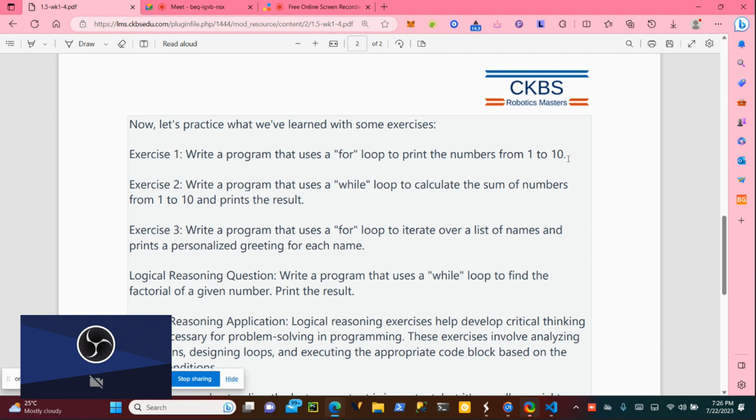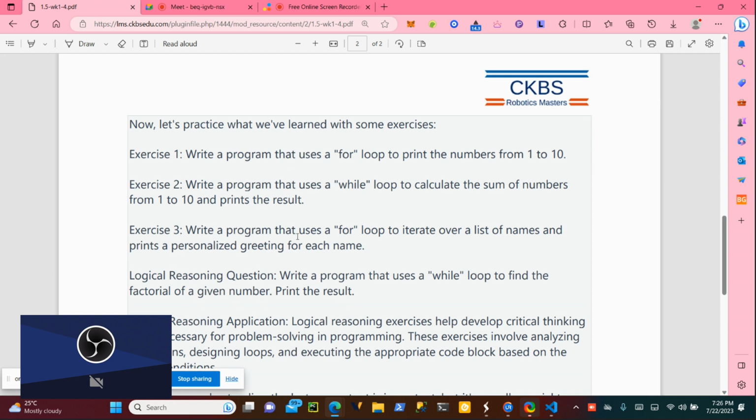1 to 10. Another exercise here, write a program that uses a while loop to calculate the sum of numbers from 1 to 10 and print the results. Another exercise, number 3.